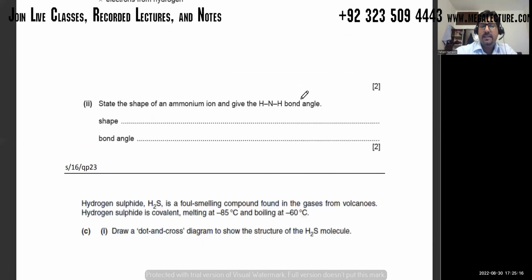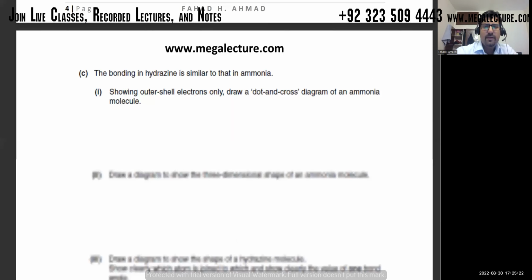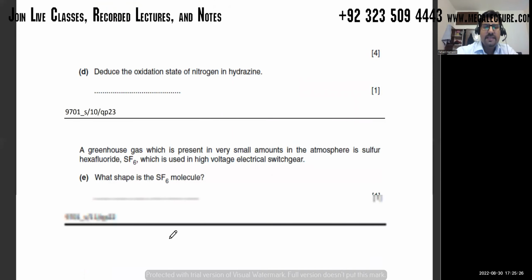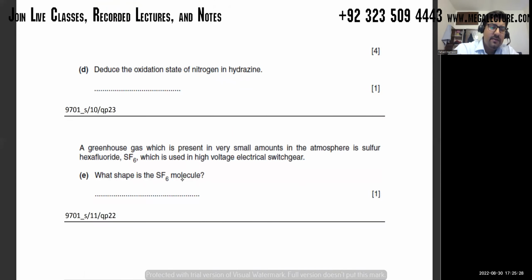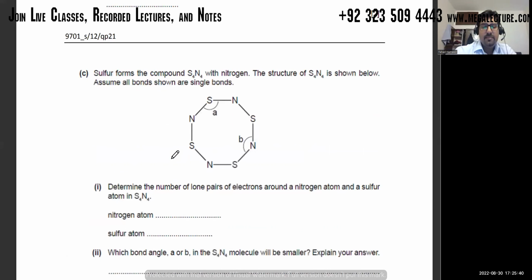अच्छा अमोनियम आयन के अंदर वो क्या शेप और एंगल, वो वही है, सारे क्वेश्चन उसी तरह ठीक है। सो बेसिकली वो भी स्ट्रेट फॉरवर्ड है। SF6 की शेप क्या है? दैट्स ऑक्टाहेड्रल, कि एक बॉन्ड टॉप पे, एक बॉटम पे, एक राइट, लेफ्ट, फ्रंट, पीछे की तरफ, ठीक है।